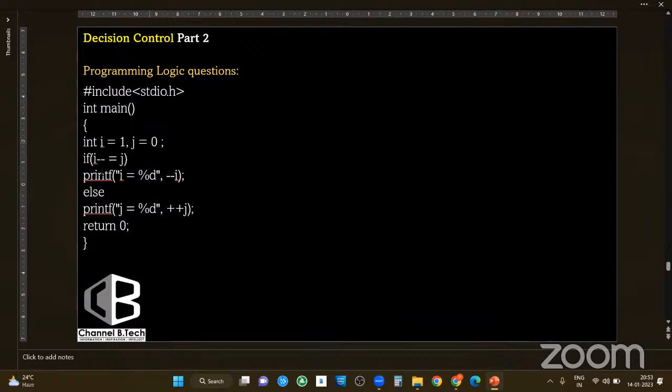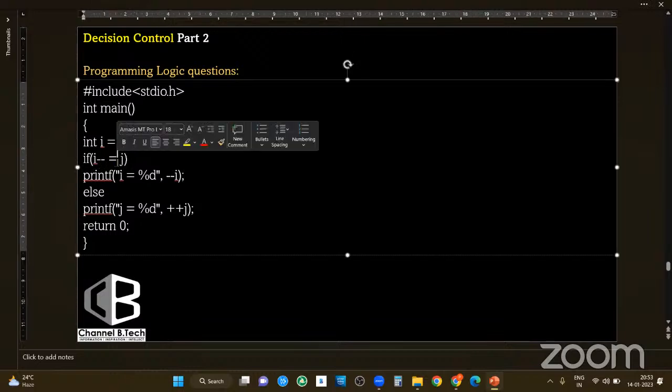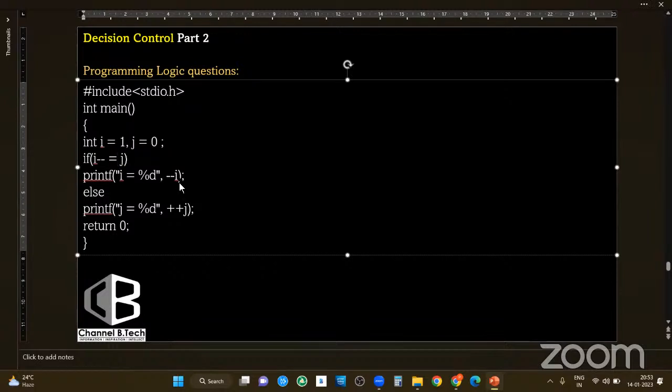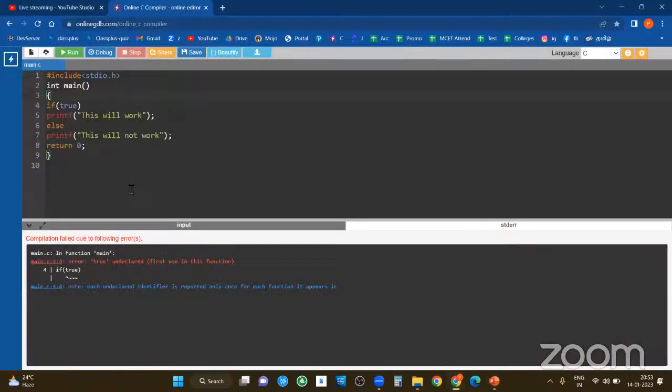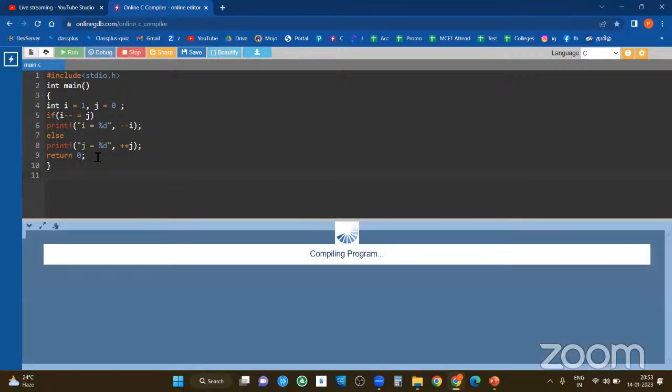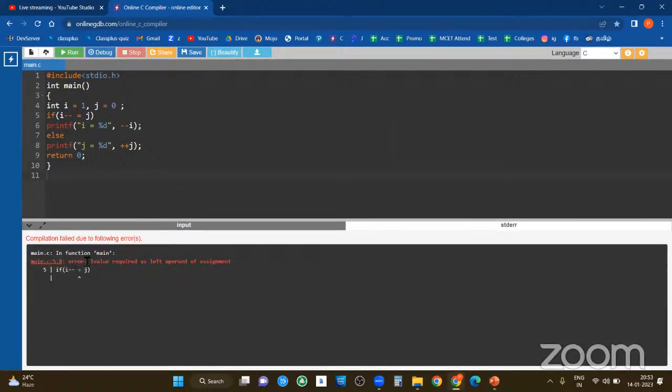I is equal to 1, j is equal to 0. If I minus minus equal to j. Here, see here, this is an assignment operator, not a comparison operator, right? So that means j value will be assigned to I. I will be decremented, right? So let us run this program. Here, L value required. Here, I minus minus equal to j. J equal to I minus minus is true. It's a valid statement. Okay. J equal to I minus minus is a valid statement, but